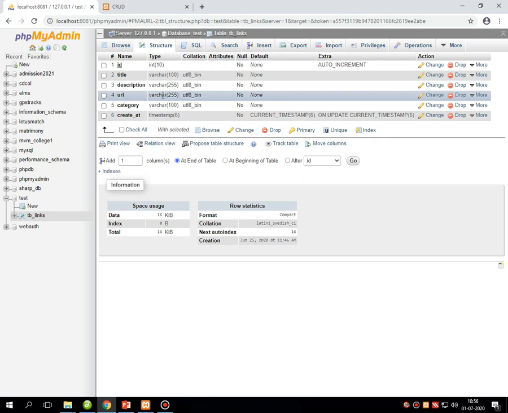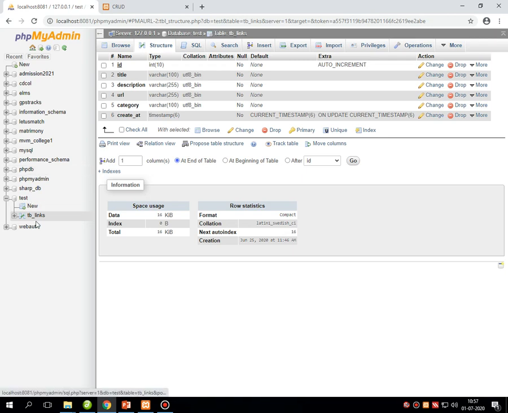Then the URL, then the category, and the last one is created_at, which has a data type called timestamp. So create this table with all these necessary fields in the database called test. This is the first requirement for executing this program.